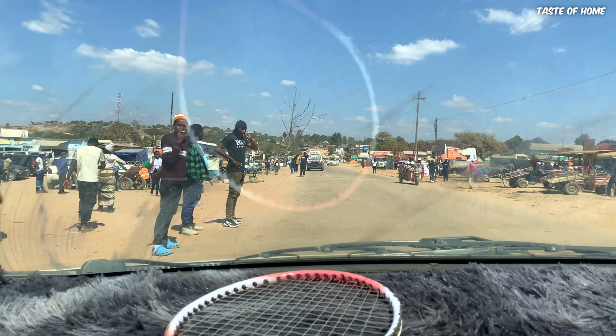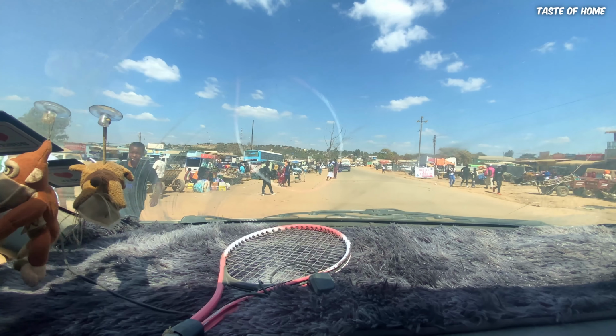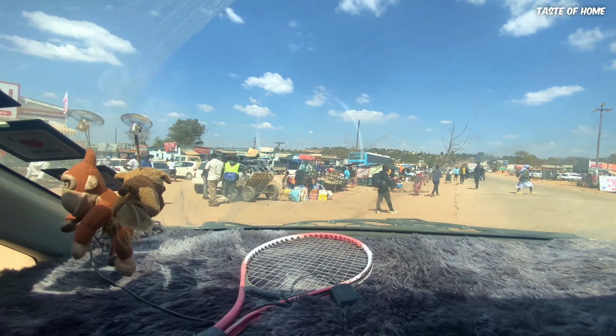I woke up late, I think at around 10, and then I started prepping to go to the central business district for Domboshava. That's the fastest growing spot or growth point here in Domboshava. It's called the showgrounds. So I spent almost half my day there, moving around, checking prices of different